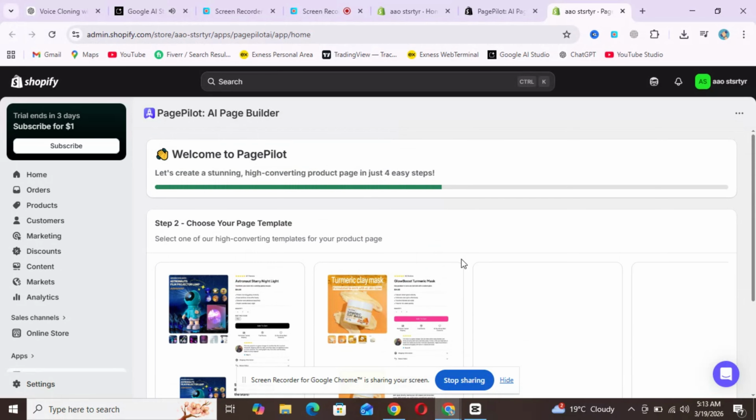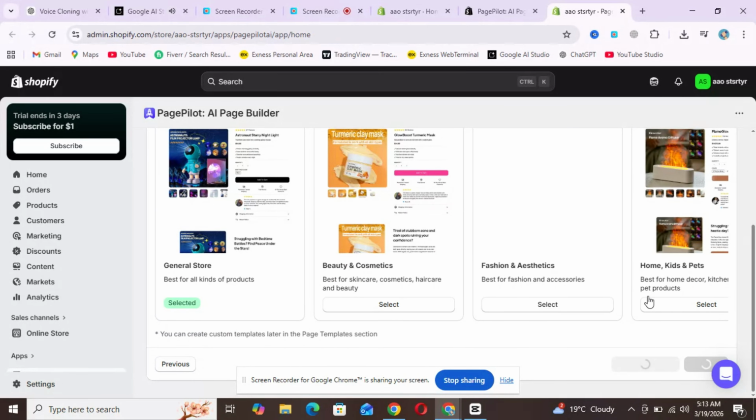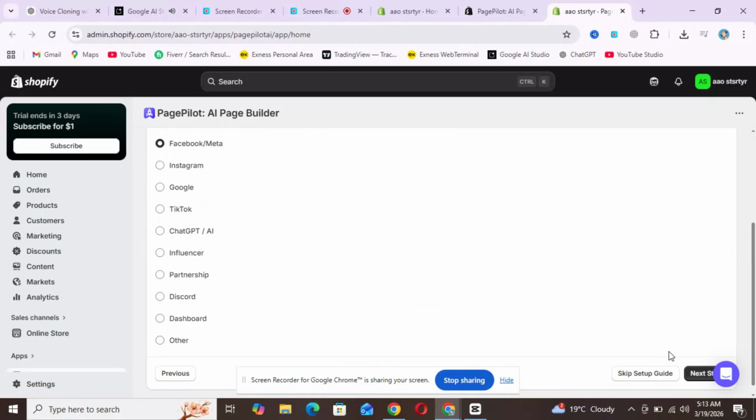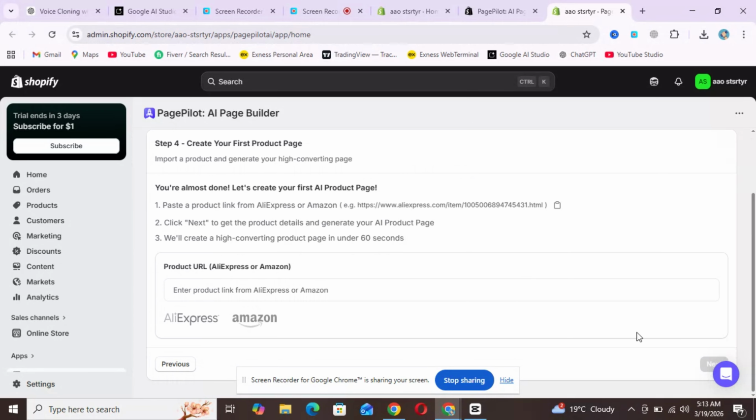This is where Page Pilot really shines. Using AI, you can quickly create product pages, test different designs, edit text, change images, and optimize everything for better conversions, all in just a couple of clicks. You don't need any coding or design experience. And that's it. You've successfully set up Page Pilot on your Shopify store and are ready to create professional, high-converting